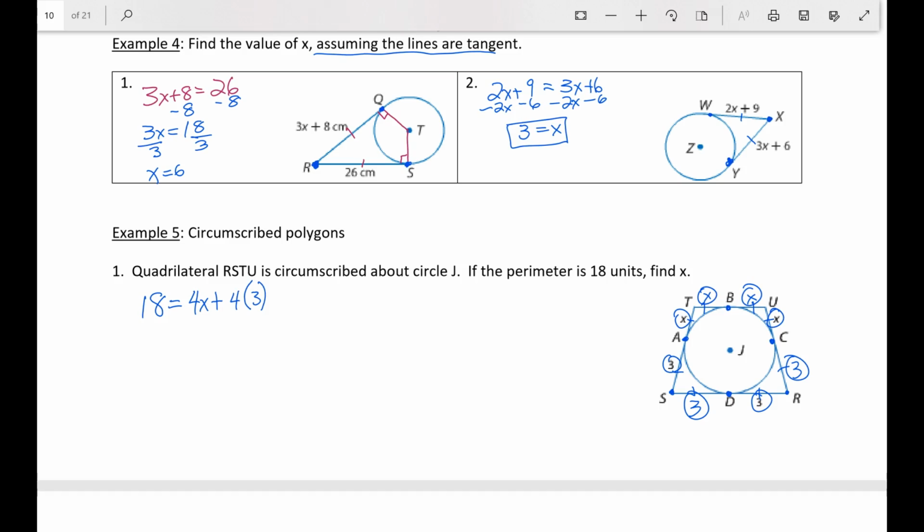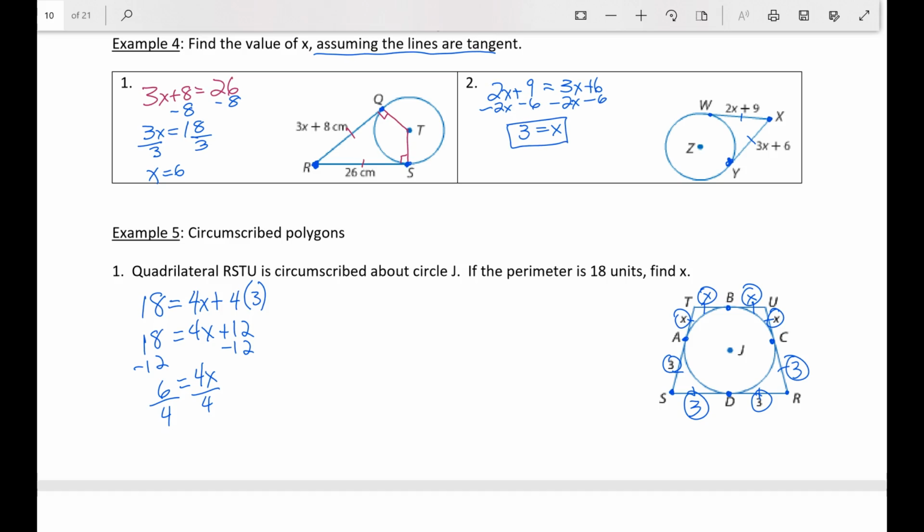All right, so if I solve that, I can find out what x is going to be. So I've got 18 is equal to 4x plus 12. I can use the subtraction property of equality and subtract 12 on both sides of my equation, and I would end up with 6 is equal to 4x. And then I could divide both sides by 4,